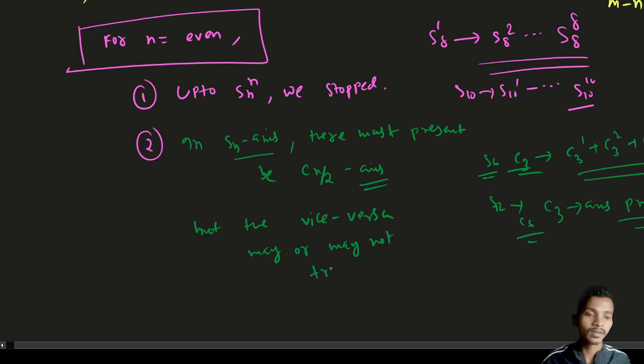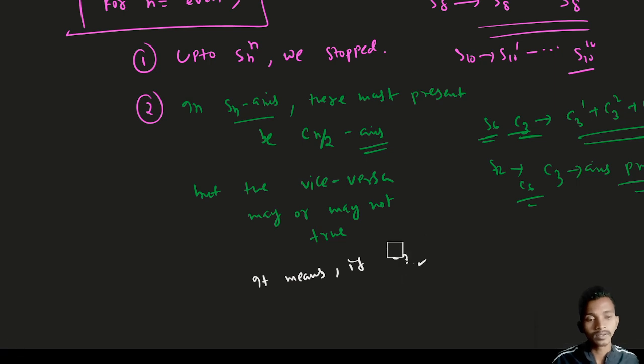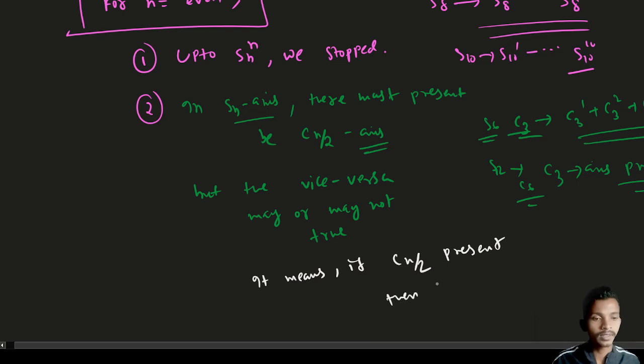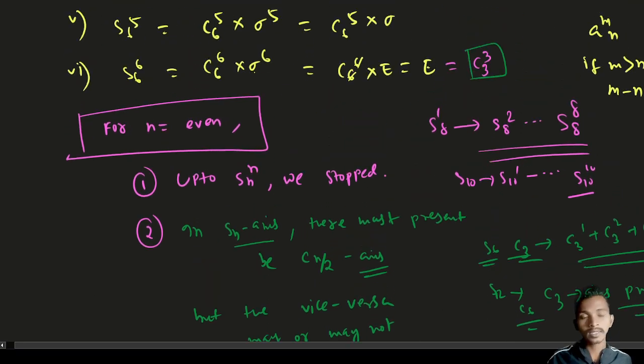It means if a Cn/2 axis is present, then Sn may or may not be present. That's the thing. Okay, and another thing that we observe is that